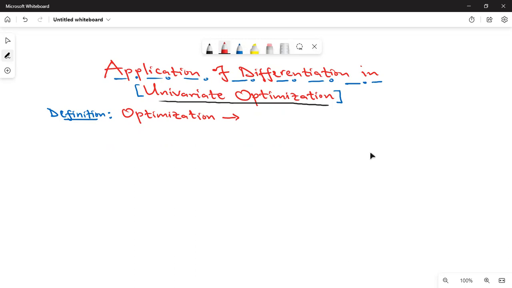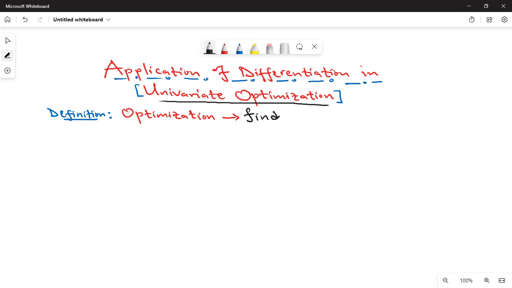Today we are going to look at Calculus 1 and our main topic is on application of differentiation in univariate optimization problems. Now we need to understand what we mean by optimization. So I'm going to write. Now, when you talk of optimization, it simply means finding the maximum